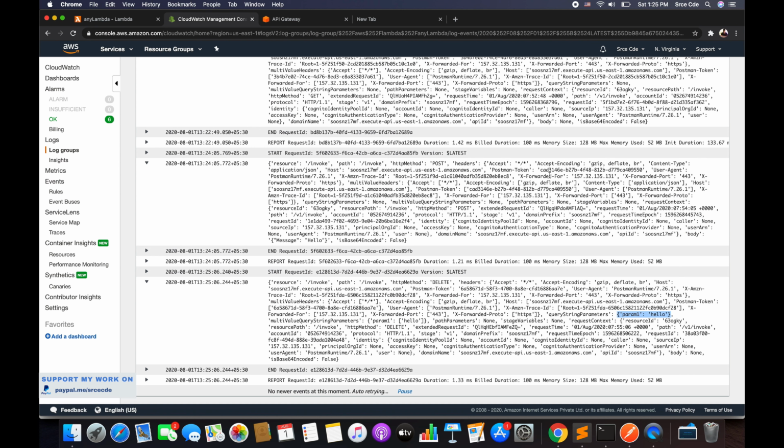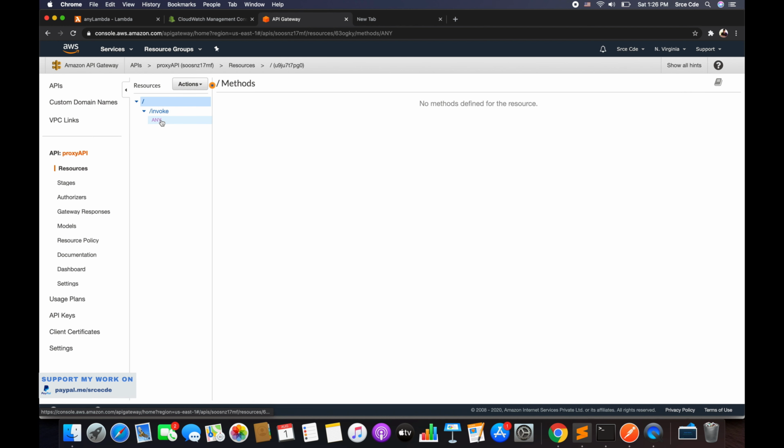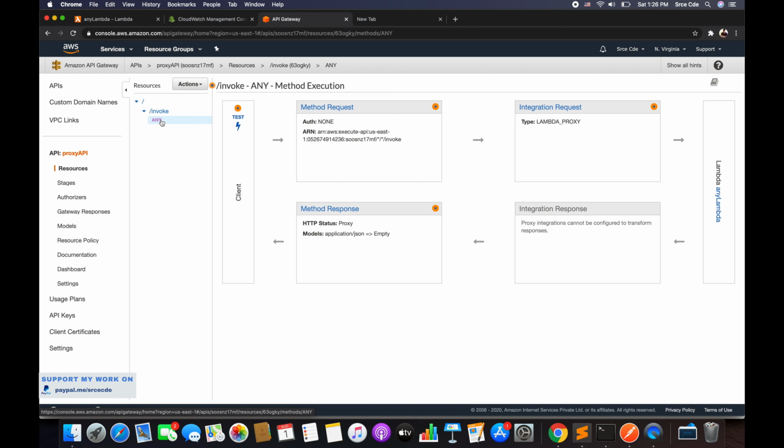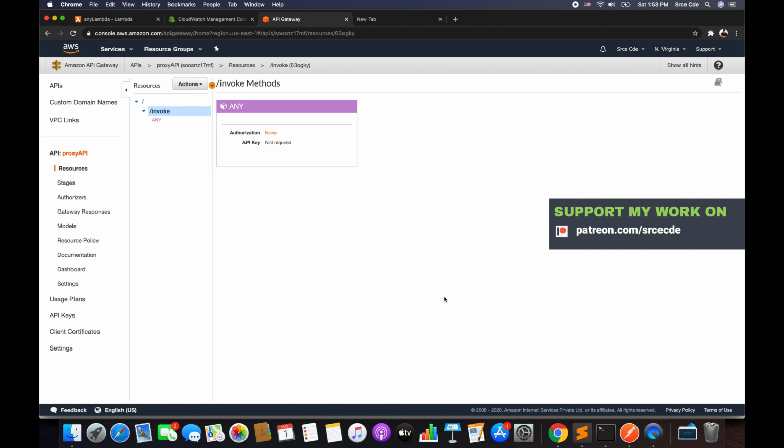Now, how can we do the same for the resources, right? So for example, let's go to the resources. Now here we defined any method and we are not defining independently post, get or delete method, right? So this any method is handling everything for us, and everything is being handled from the backend, from the Lambda function, right? So how can we achieve the same for the resources like we did for the method, right? Well, that is something I will cover in part 30 of this tutorial series.